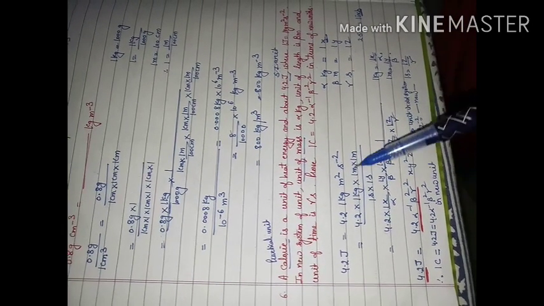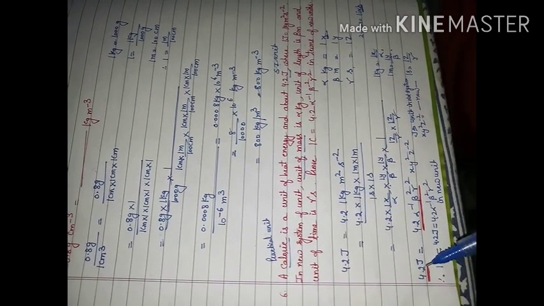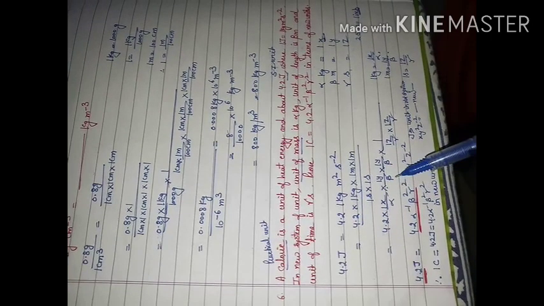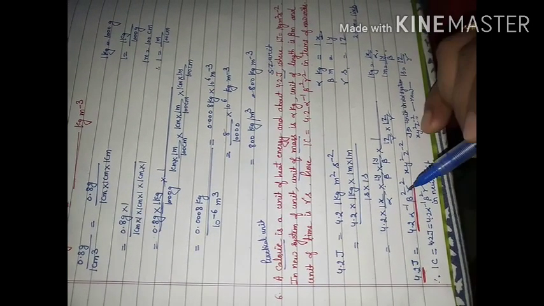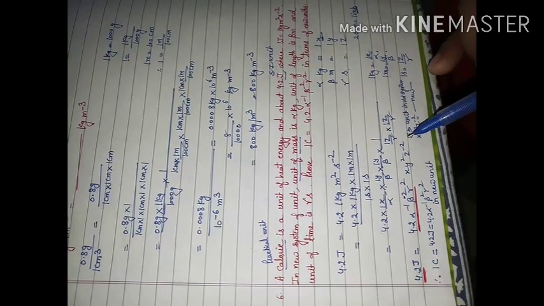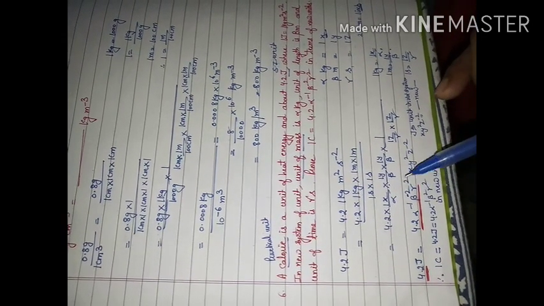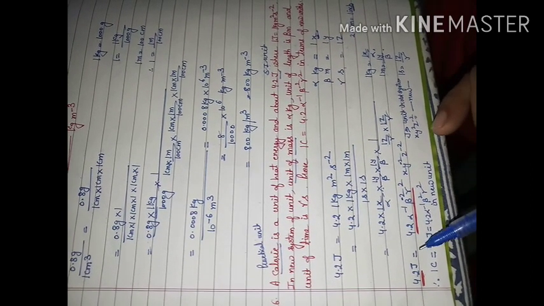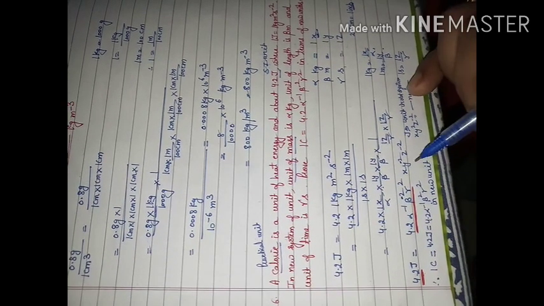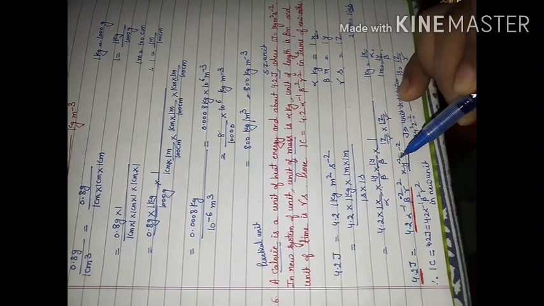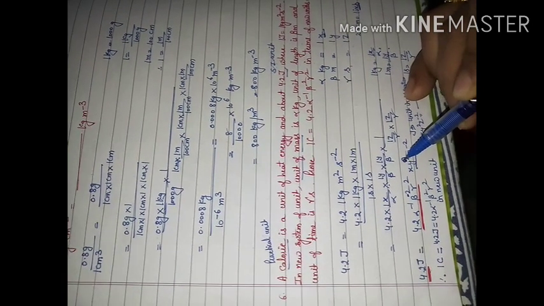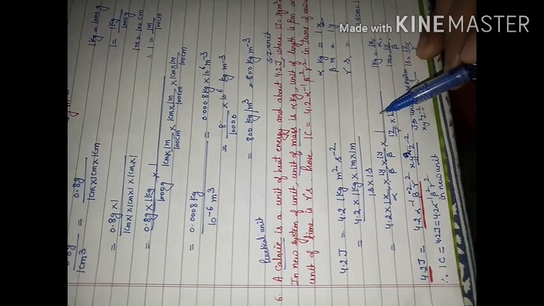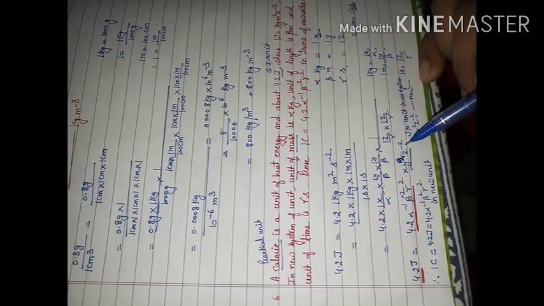When you put all these values here, what will you get? 4.2 joule will be equal to 4.2 alpha inverse beta raised to power minus 2 and gamma raised to power 2. With this you will have x, y square, z minus 2. It means this is the value of 4.2 joule in terms of the new system of units, where x will be with positive 1, y square, and z raised to power will come out to be minus 2.